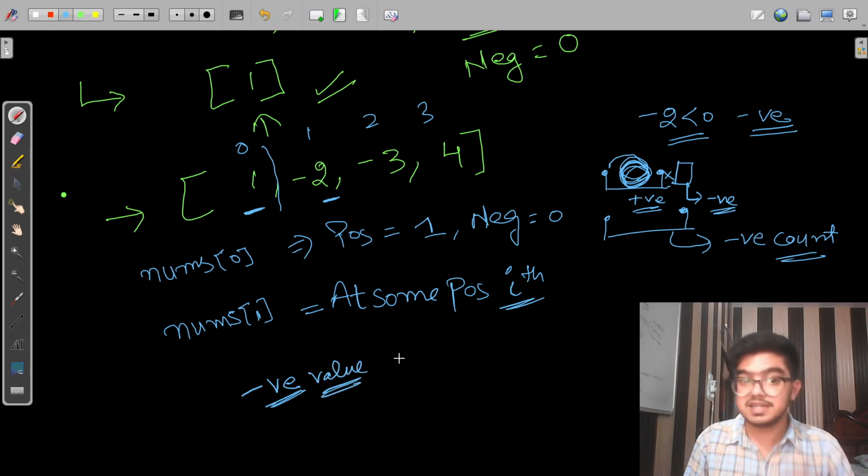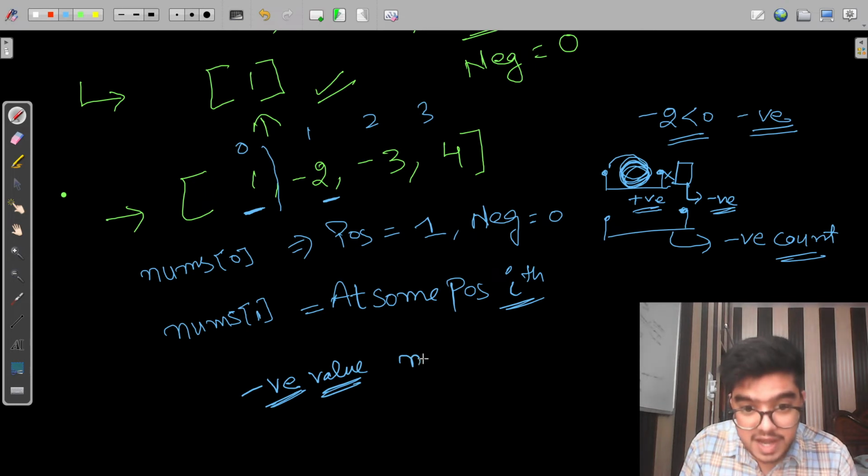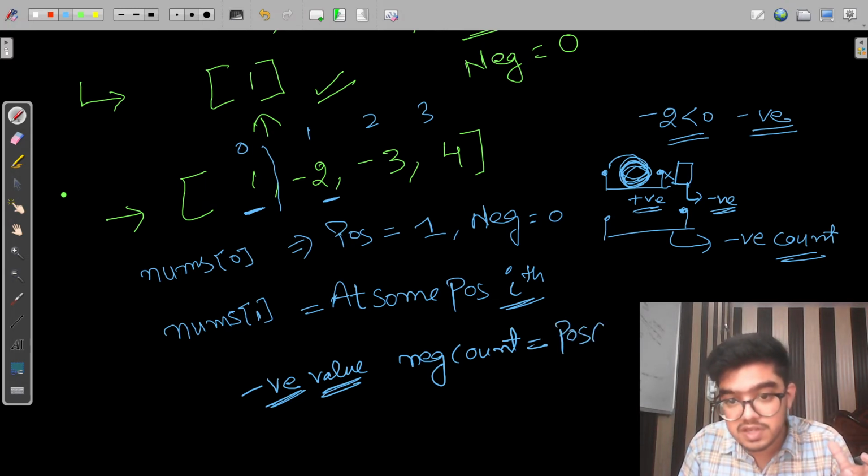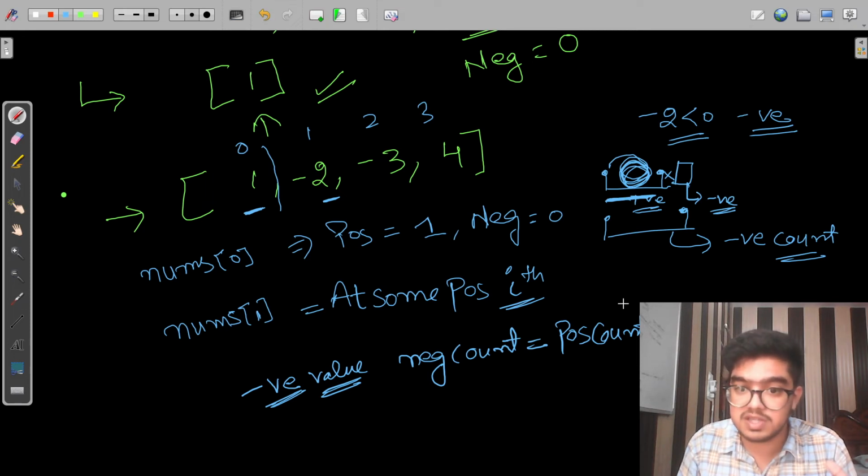In that case the negative count is equal to the positive count till that point plus 1, because all these positives, when multiplied with a negative value, also become negative.